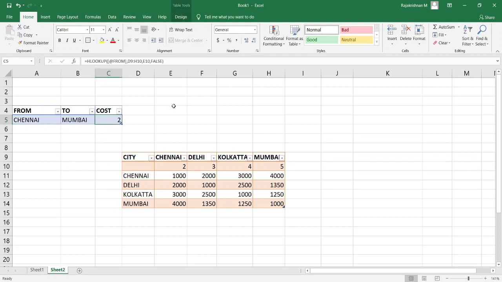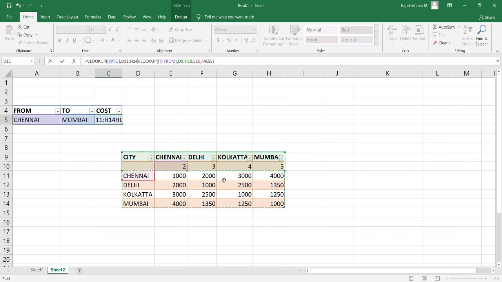We have to apply VLOOKUP also. We are going to combine VLOOKUP and HLOOKUP to retrieve the data. So again I am typing VLOOKUP. The VLOOKUP syntax will be shown. If you double click it, the exact syntax will appear. Lookup value, now we have to know the 2 value. So I am just clicking this 2, press comma, table array. So the remaining table we have to select.